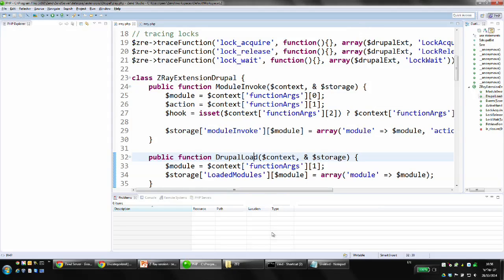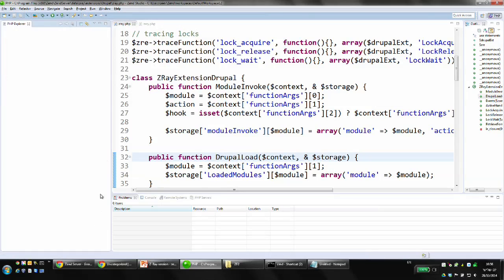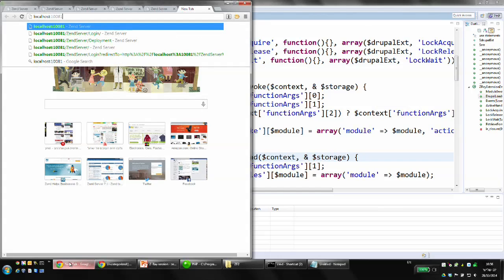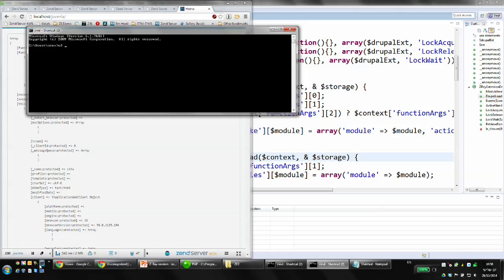So, for instance, let's try to do something new that we don't have yet. We don't have support for Joomla, but I did install it yesterday on my Windows box. And I created